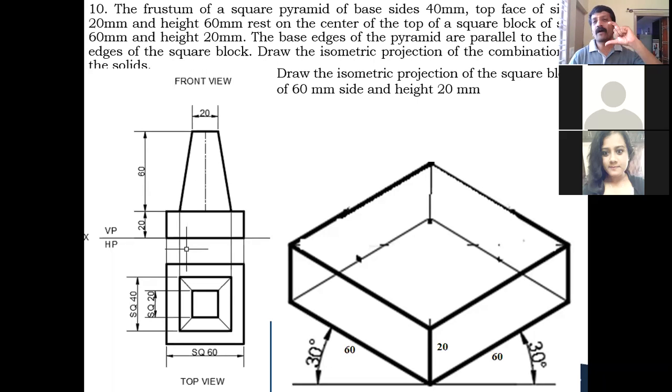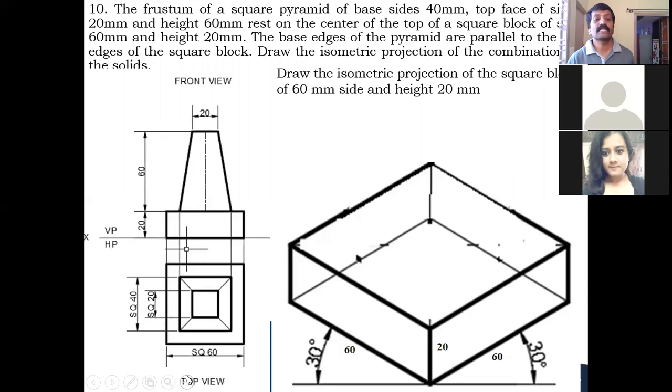The retained bottom portion is called the frustum of a square pyramid, wherein the base square will be a different dimension and the top square will be a different dimension. This is your square pyramid. Similarly, the frustum of a cone we have discussed, it is the frustum of a square pyramid.